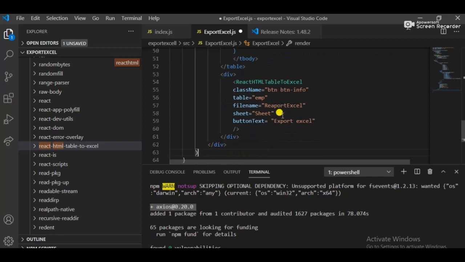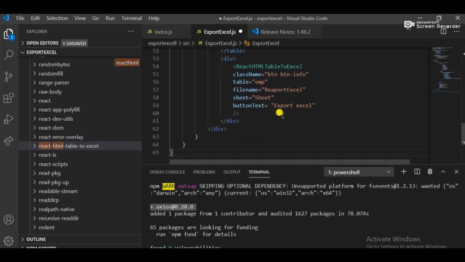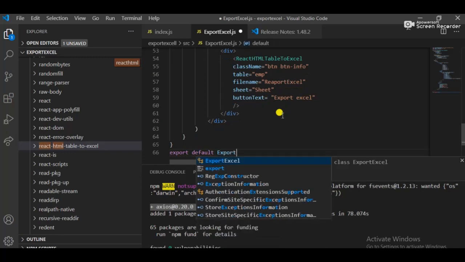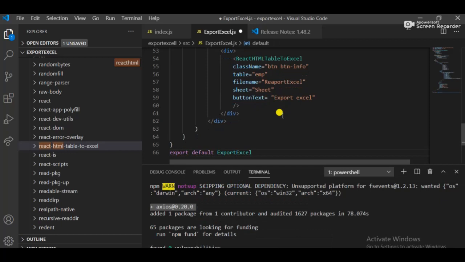And now that is the task: you have to call this Excel component into the app.js. Here is the code of the app header and the className of app, so we don't need this.